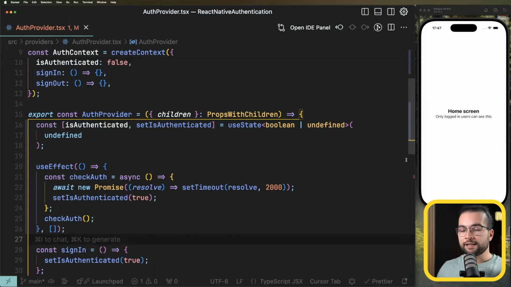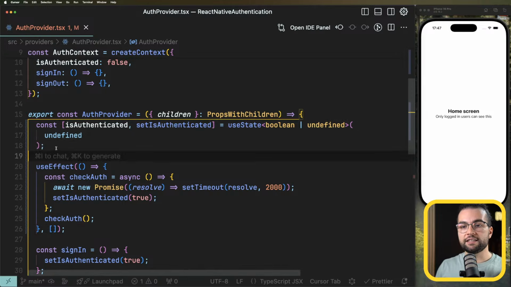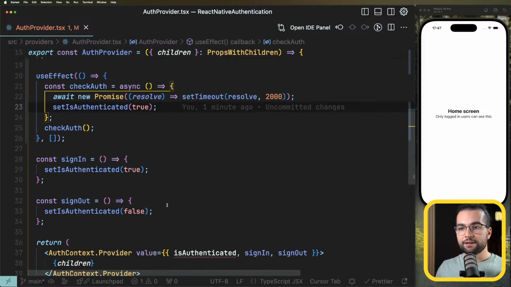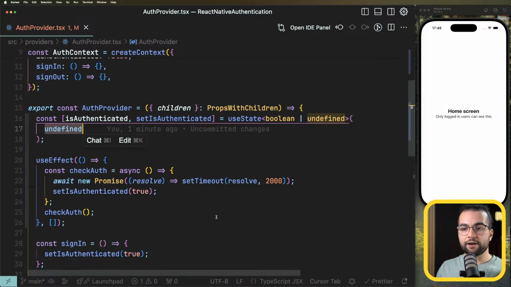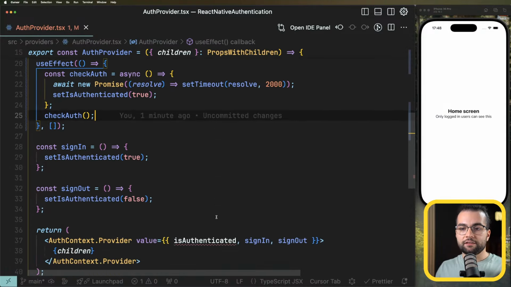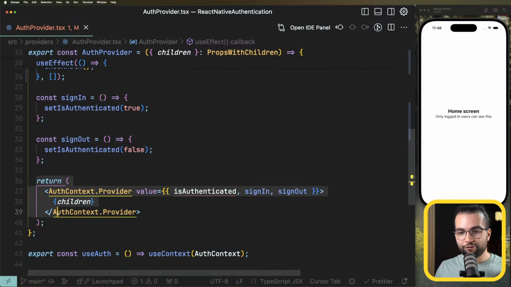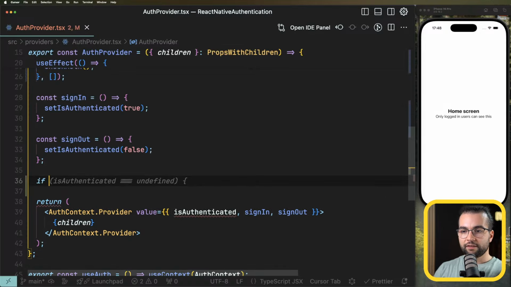which is not bad in terms of security. You're still not allowing people on the home screen if you're not sure that they are authenticated. But visually, it's a little bit bad because you're going to have this flicker of navigating between two screens, between sign in when you're not sure and then when you're sure, navigating back. So you are either going to have the is loading state, or you're going to handle this undefined properly. The easiest way to do is here, before rendering anything, I'm going to say if is authenticated equal